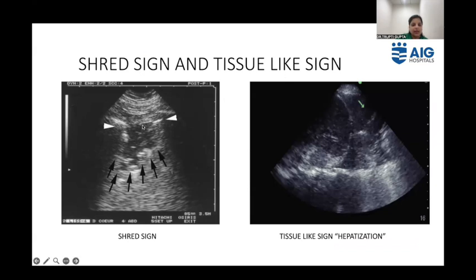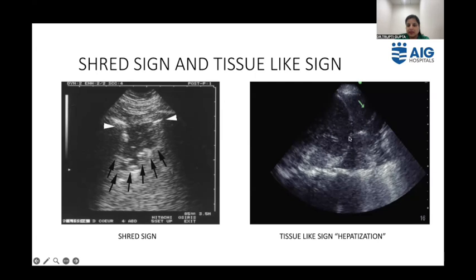This is a shred sign. Here, in this shred sign, there are hyperechoic structures just underneath the pleura. They look like shreds, and it is also known as the fractal sign. This is a tissue-like sign. This is seen in the later stages of pneumonia or later stages of consolidation, where the lung, we can see